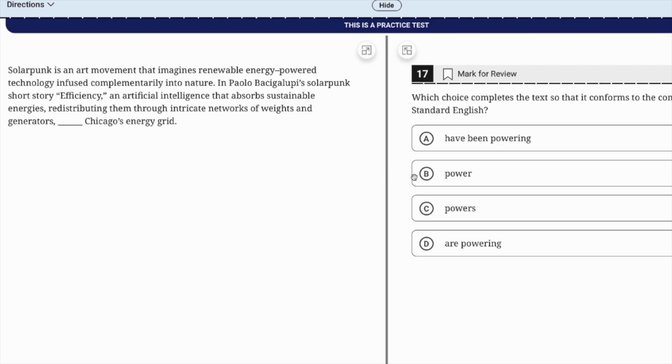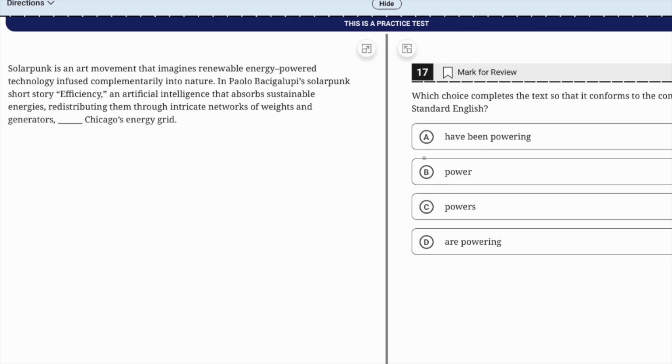This one is going to be subject-verb agreement, and the reason I can see that is that 3 of these are plural, and 1 of them is singular. Usually, when that's the case, the one that's not like the others is going to be correct, but in any event, it tells us that it's primarily going to be a subject-verb agreement question.